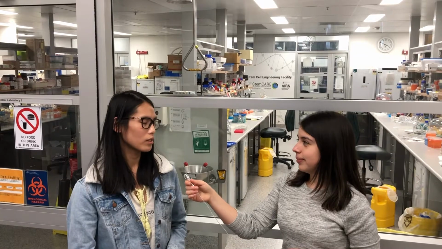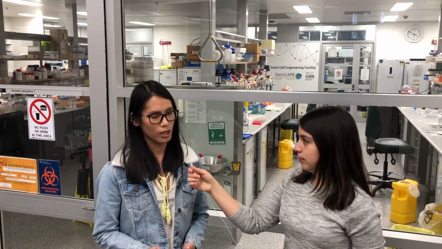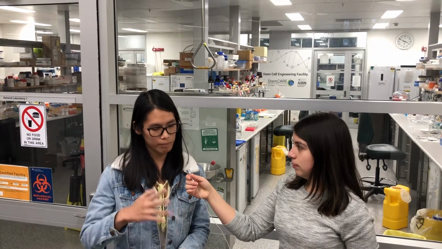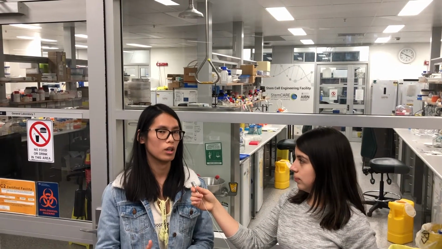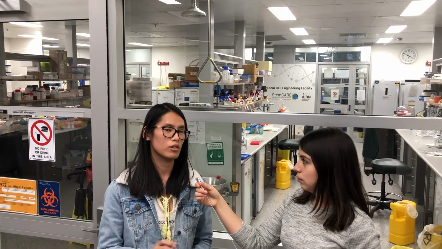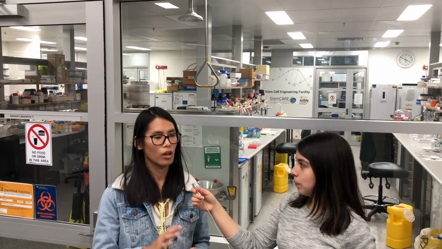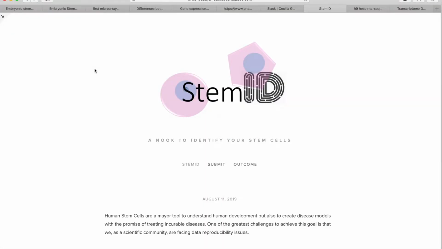Thanks for having me. So we're developing an open source pipeline in R to measure how these cells have changed over pseudotime, and measuring the distances and quantifying it so scientists can know whether or not their cells are actually the right stem cells. So this is Stem Cell ID. This is a place where lab scientists all around the world can check if their stem cell cultures match the identity of their original stem cell cultures.